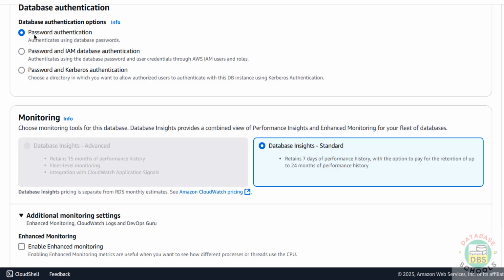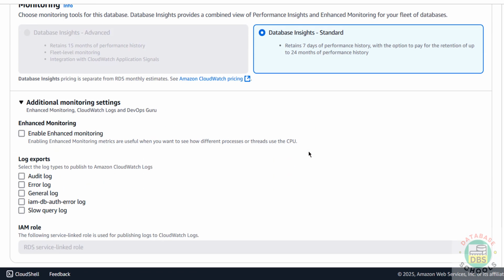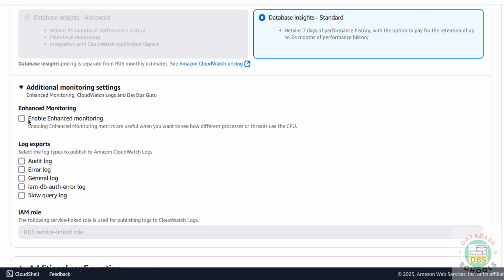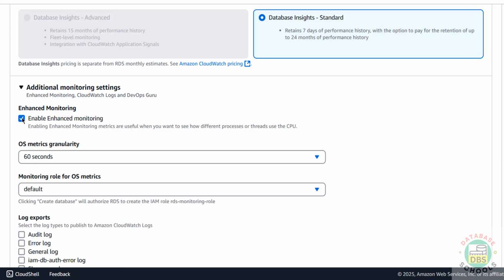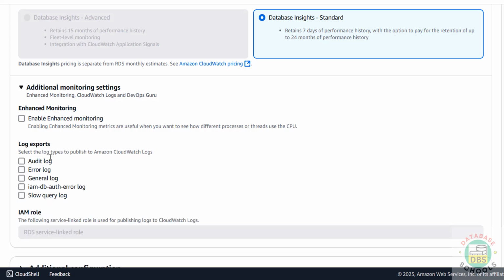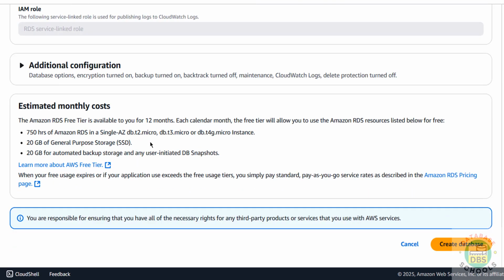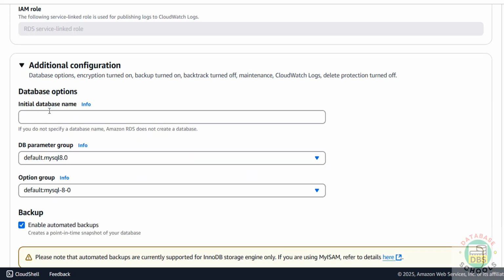And authentication here, see, password authentication, or password and IAM based database authentication, or password and Kerberos authentication. I am going with only password authentication. Then monitoring, I am not going to. If you want to enable enhanced monitoring, you can select here. Then if you are okay with additional configuration, like if you want to create